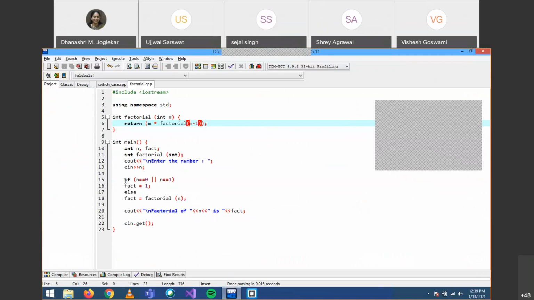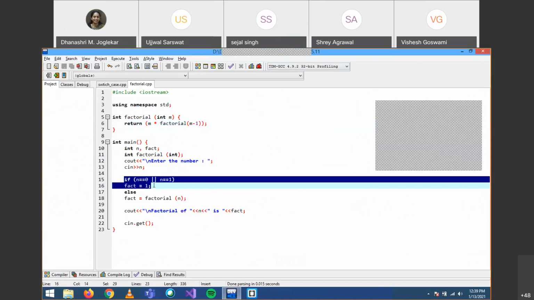Put it inside of the main function. Actually, Ujjwal, what is going to happen? You have written that if condition inside main, but once you go to line number 18, the factorial function will be called, right? Then you will always be inside the factorial function. You won't come out of that factorial function and go inside main, right? So you should have that condition written inside the factorial function. Clear?